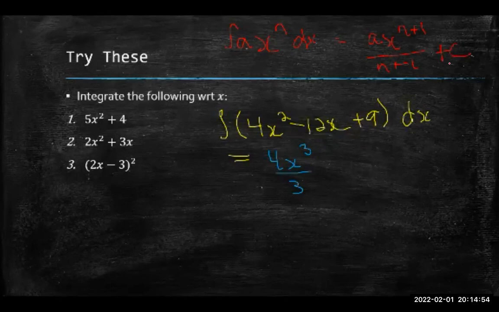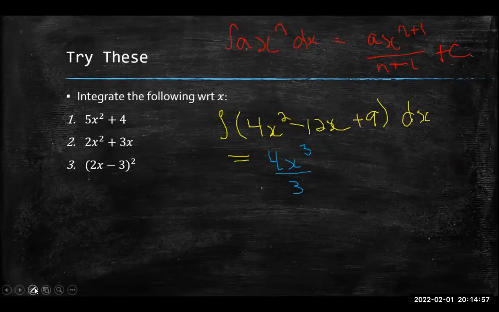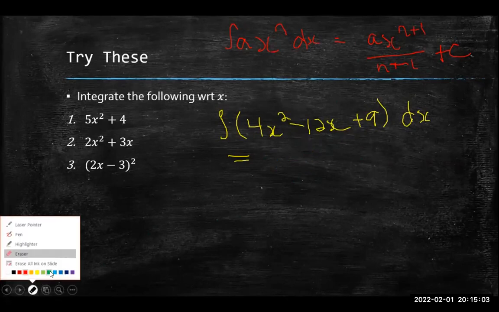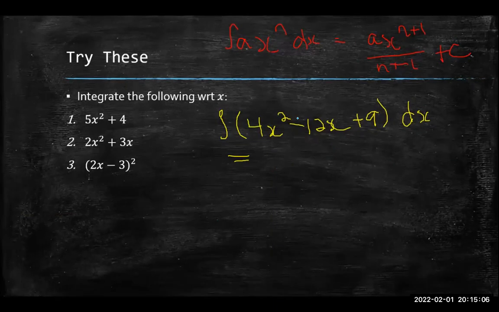All I'm doing is following my rule. This is my rule when I'm doing indefinite integration. So I'm integrating the individual terms. What's the integral of 4x squared? That's what you should be asking yourself. All I have to do is use this rule. So A is 4, x, then n plus 1. In this case, n is 2, so that's 2 plus 1. And then you're also dividing by n plus 1, that's 2 plus 1. So that's my first term. I need to find the integral of the second term, which is minus 12x. So I just put that minus here. I follow my rule. So that's 12x